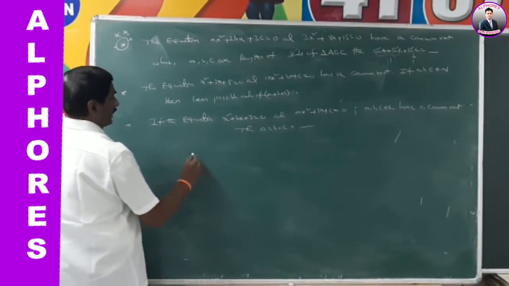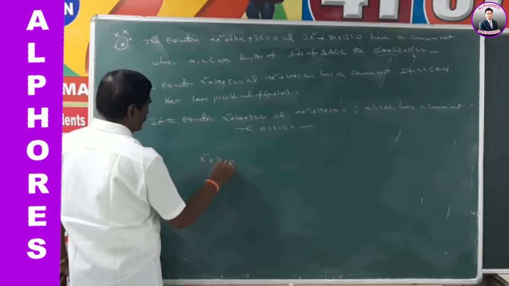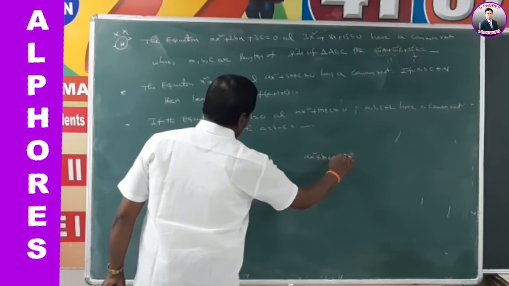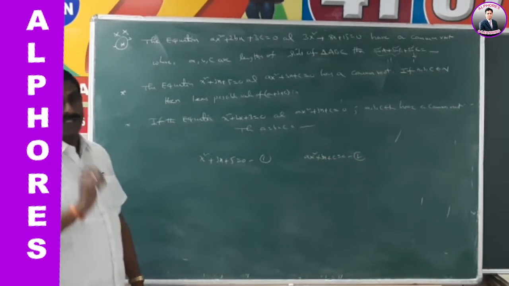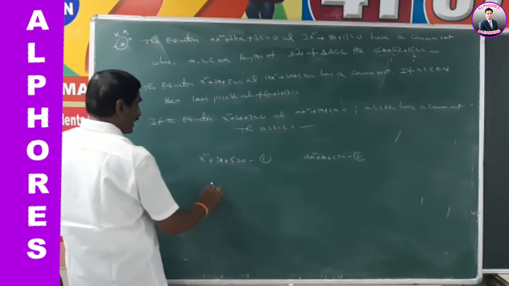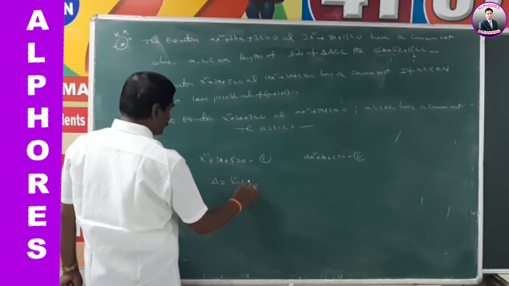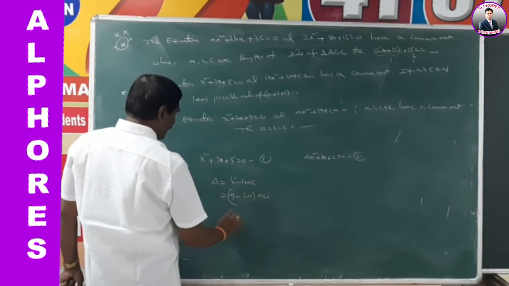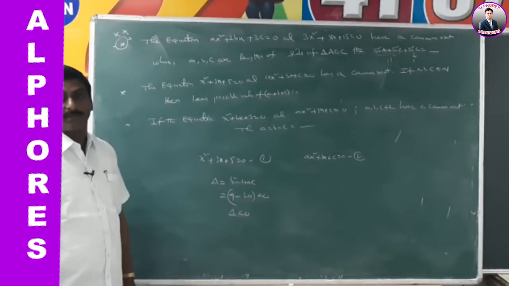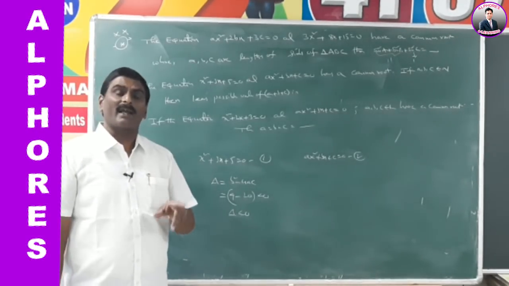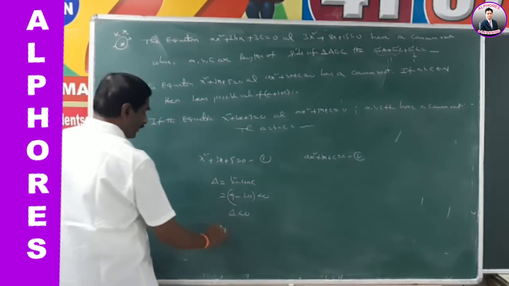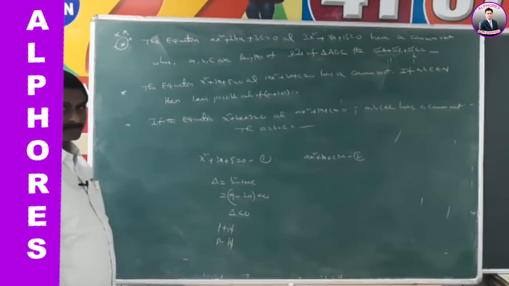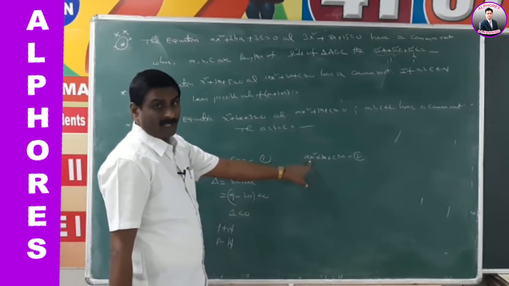Here also there are two quadratic equations. One is x square plus 3x plus 5 is equal to 0 and another one is ax square plus bx plus c is equal to 0. Exactly one root is common. But here delta is equal to b square minus 4ac. That means 9 minus 4 into 1 into 5, that is 20. This is less than 0. Delta less than 0 means the roots are imaginary, and imaginary roots are obtained pairwise. Suppose one of the roots is p plus iq, the other root must be p minus iq. They are conjugate pairs. But from the given, these two have one root in common.